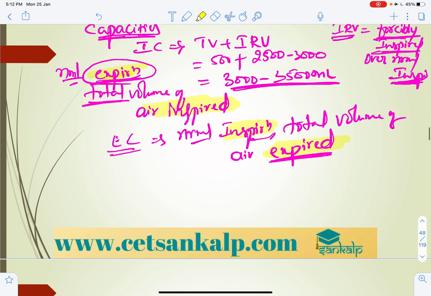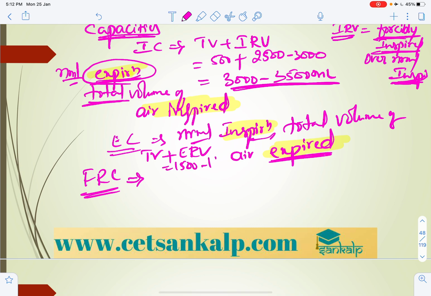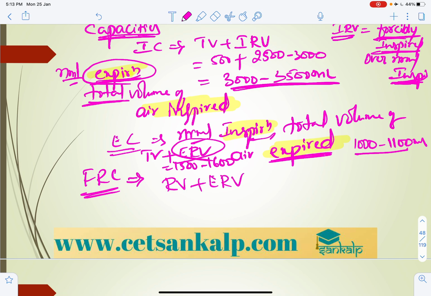Here we have FRC, functional residual capacity. For expiratory capacity, the formula is EC equals TV plus ERV. We can calculate that and obtain 1500 to 1600. We know ERV is 1000 to 1100 ml. So what is FRC? FRC is RV plus ERV. Functional residual capacity is the total volume of air